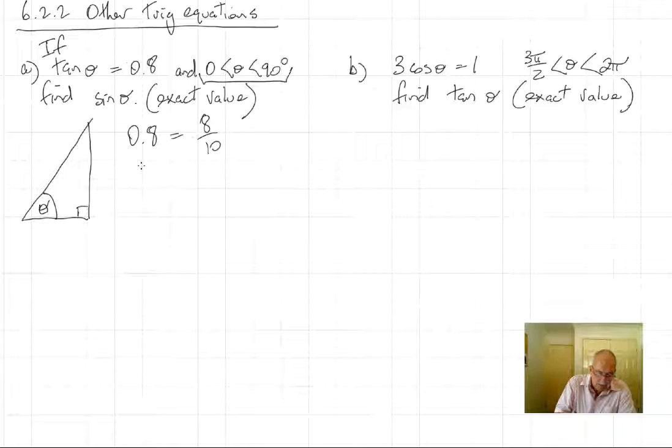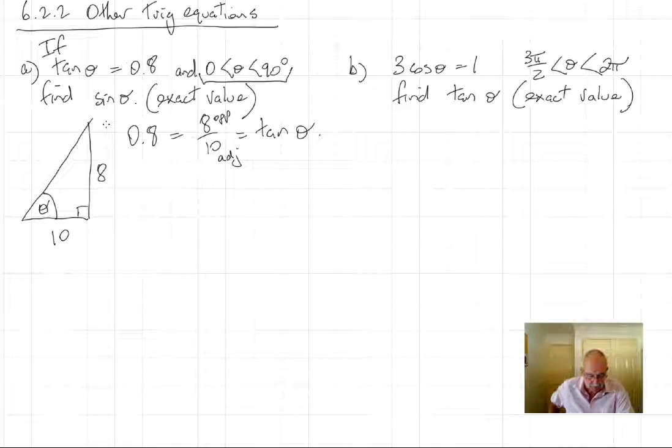So we can place, now that is equal to the tan of theta. And that's the opposite, and that's the adjacent. Opposite over adjacent is tan. So we can put an 8 there, and we can put a 10 there. Obviously I haven't drawn this to scale. And then using our old friend Pythagoras,